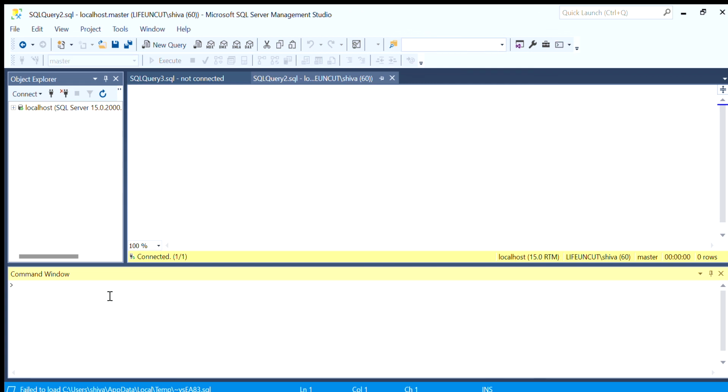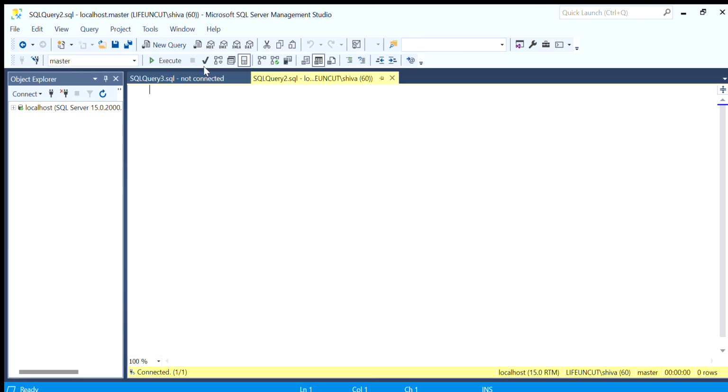Then this is for the command window. Here we can type some commands. So I'm just trying to show what everything is. When we write some query, we click on this to execute that query. This is for displaying the query plan. Right now we don't have any query plan, so we are not using it. We have query options, like when we click on this we get to set some properties, but since we are not going into detail on these things, I'm just trying to show what all we have available from the tool side. Then some stats options,